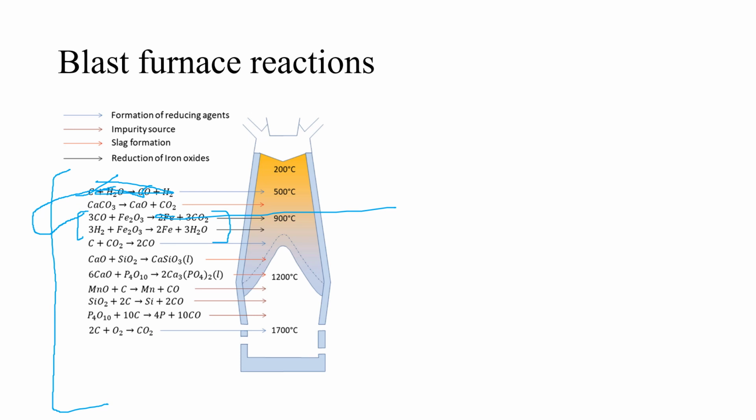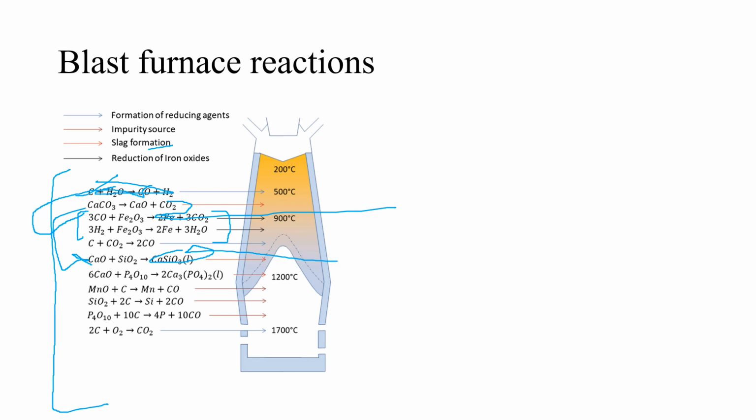And then slag formation. How does it form? We can see the slag formation in this orange color. CaCO3, that is limestone, we have added, and it decomposes into CaO and CO2. After that, the CaO goes with SiO2 and forms CaSiO3, which is shown in liquid form, and this is what the slag is. Okay, so it is clear.